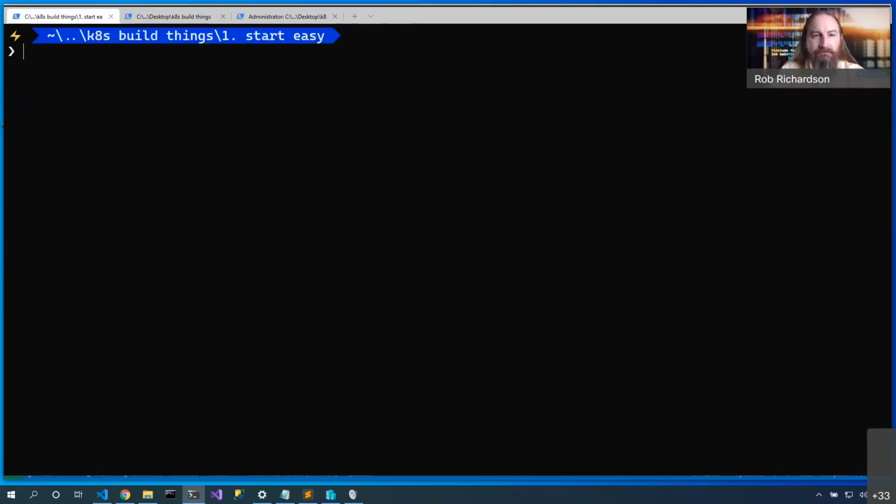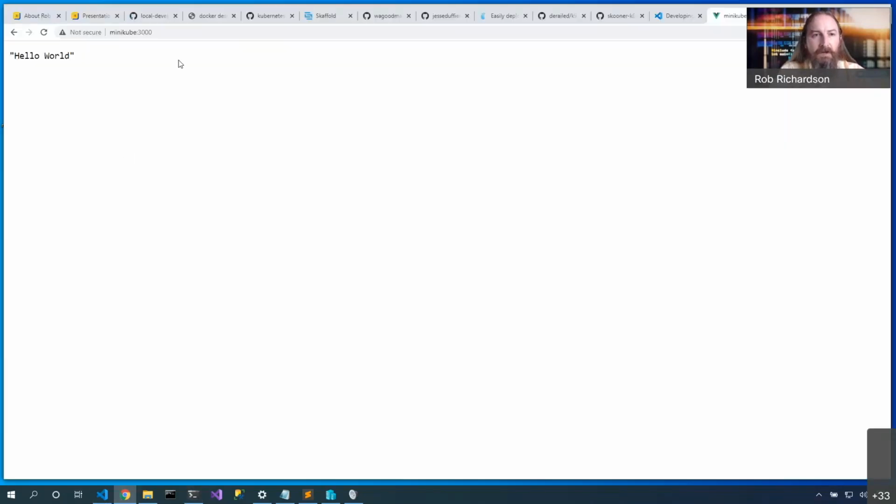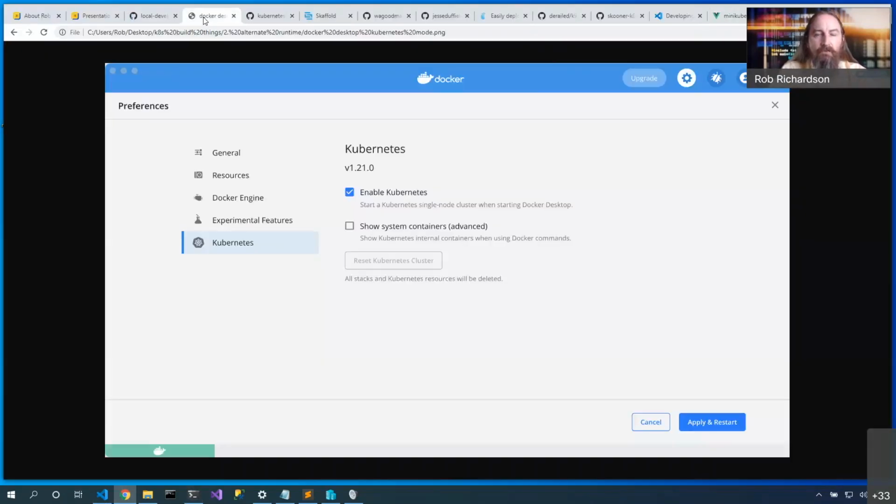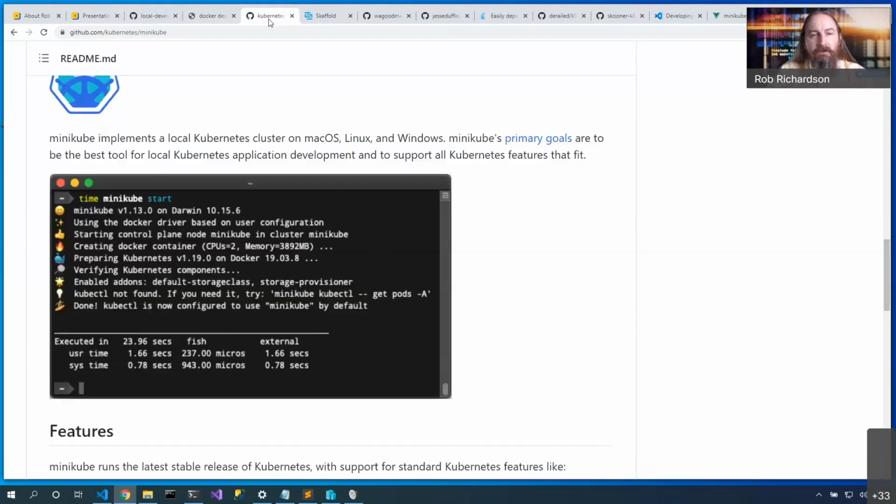Excellent. Now, Docker Desktop is a great mechanism for being able to run both Docker mode and Kubernetes mode. We come in here to Docker Desktop, we turn on Kubernetes mode, and we have a Kubernetes environment. But what if we want to run differently? Let's talk about Minikube. Minikube is an alternate Docker runtime that allows us to run containers just as we would, and also gives us a Kubernetes environment as well.